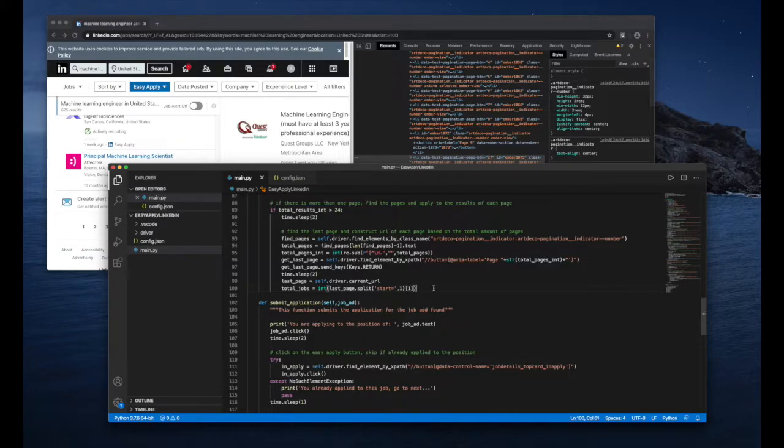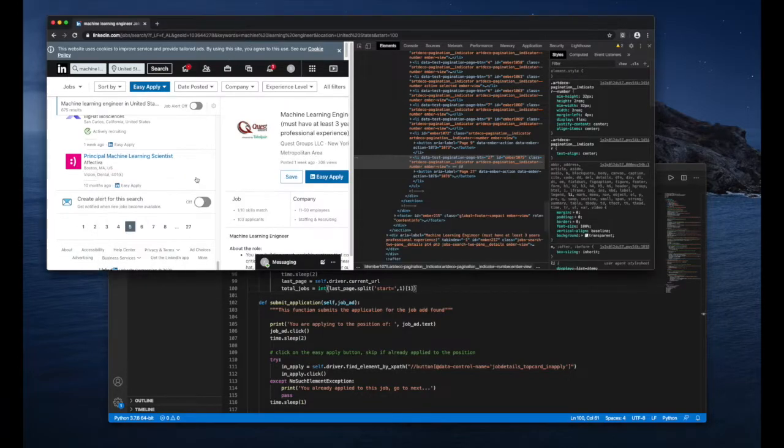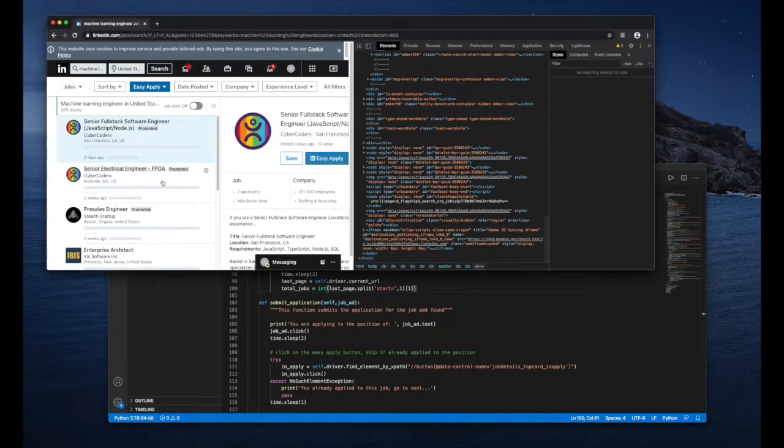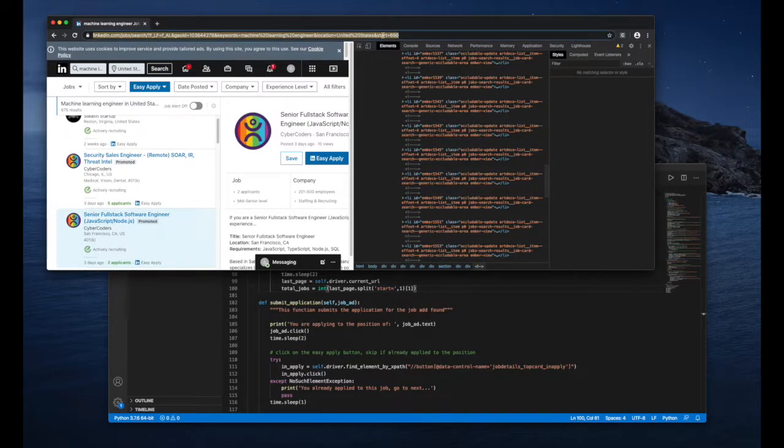Okay, so this is basically, I know it's a bit difficult to understand right now, but once you implement it and see how your function works and how you test it out, you're going to understand better why we are doing this the way we're doing it. There are probably other ways to find jobs. I felt that for me it was easier to construct the URLs based on the last